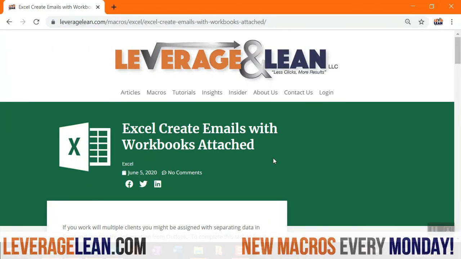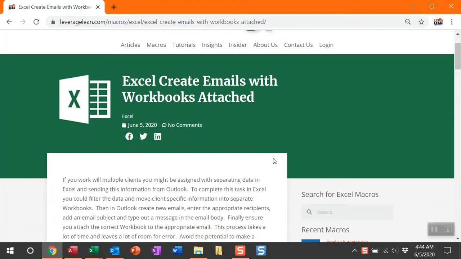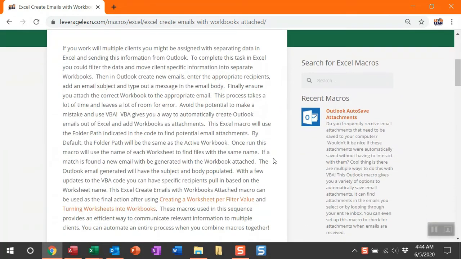Alright, this is the macro we're dropping this morning. This is an Excel macro. Create emails with workbooks attached. If you work with multiple clients, you may be assigned a task of separating data and sending specific information to specific clients. Now, to complete this task, you could filter data out of Excel, you then could create separate workbooks,